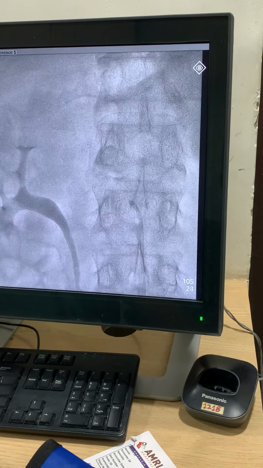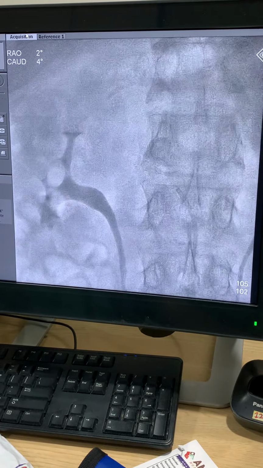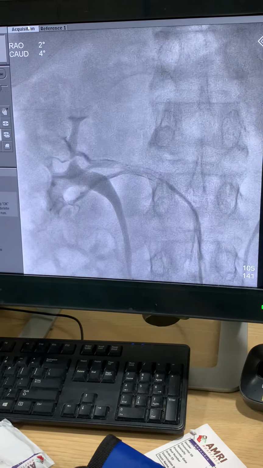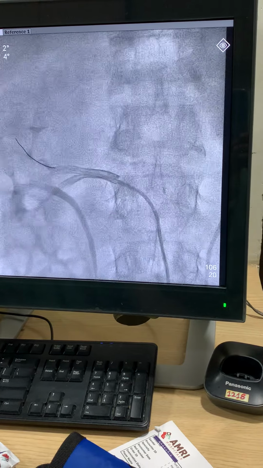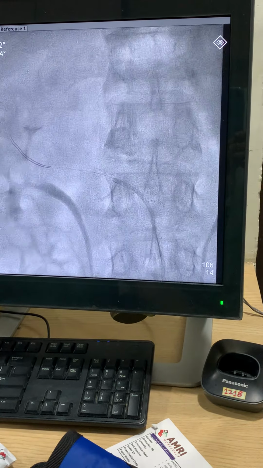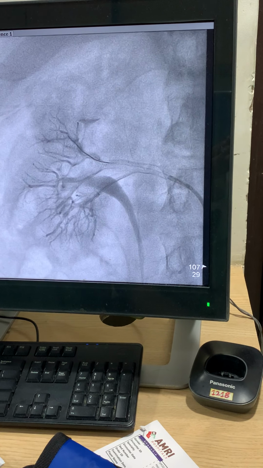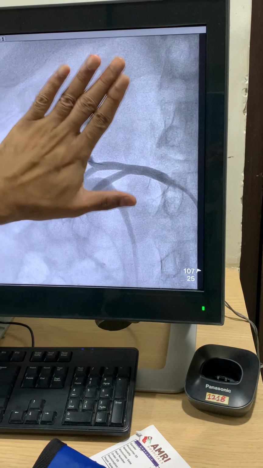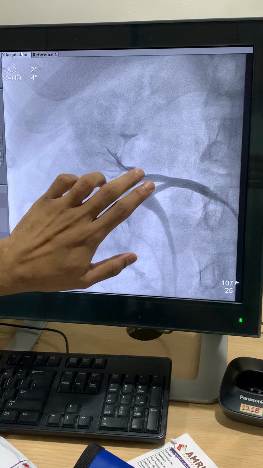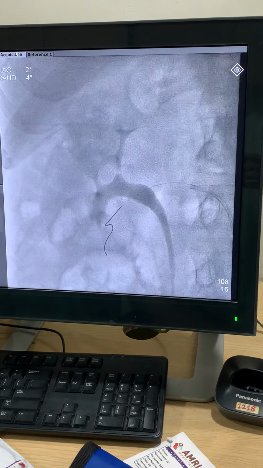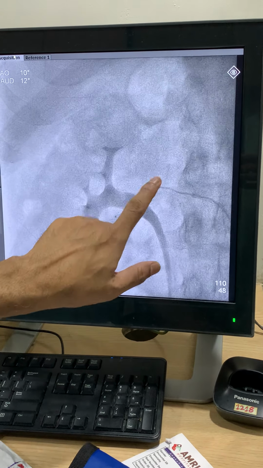And then we decided we'll go for RDC. We tried with Lima, we tried with JR, we tried with other catheters. So only RDC can sit back again. And once the RDC sits there, you do the same thing, you do the angiogram. So it has 2 branches. And in these 2 branches, you have this thing in the parenchyma. So you start here. So once you are happy with the position, you take the lower one first, because the upper one is straightforward.